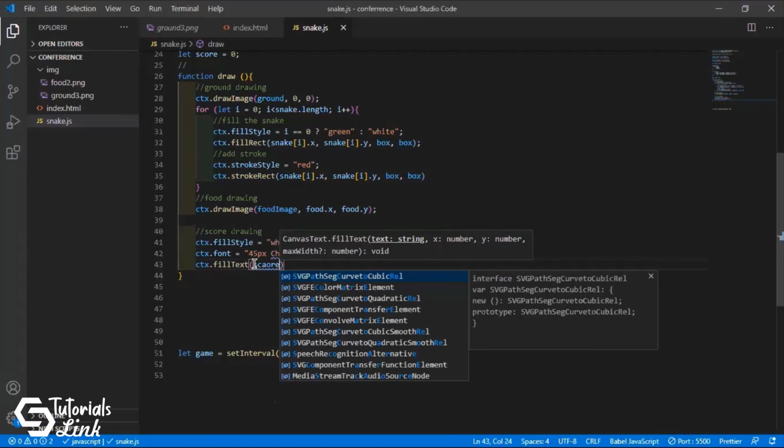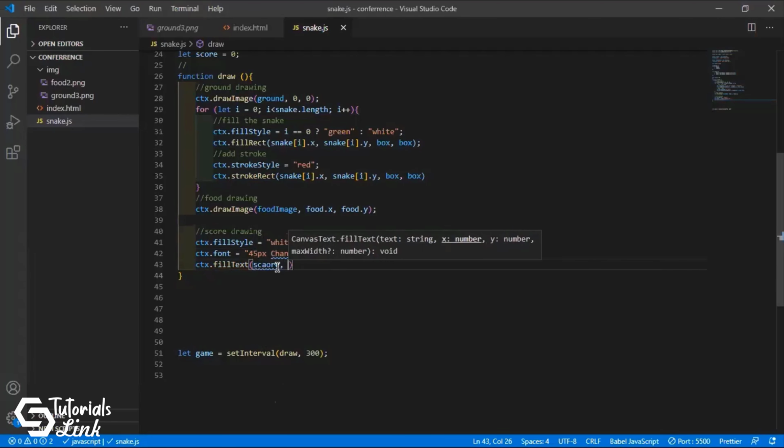The score text. And where should it be placed? It should be placed two times the box from the x coordinate, and for the y coordinate I'll put it 1.6 times the box.